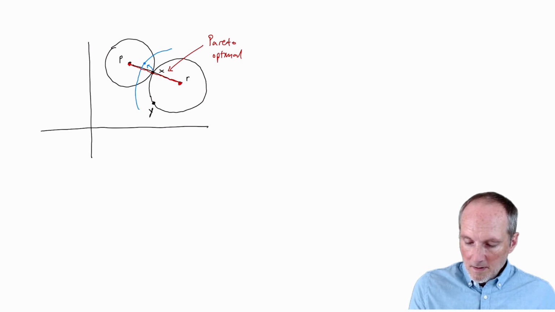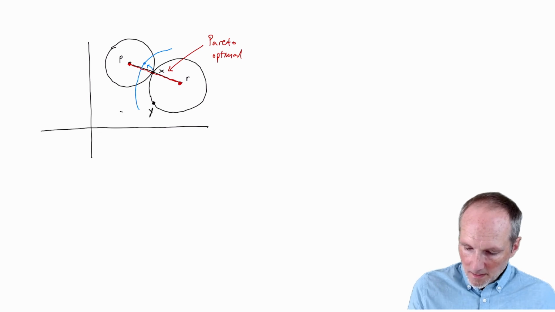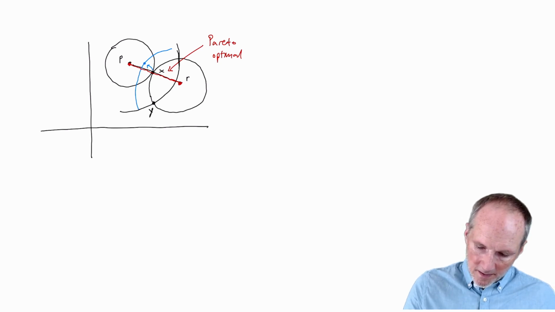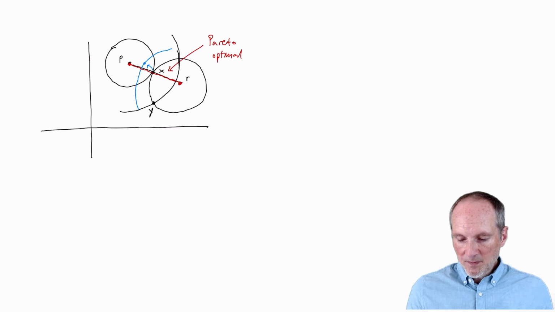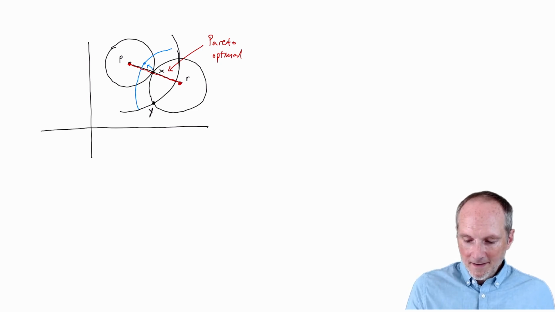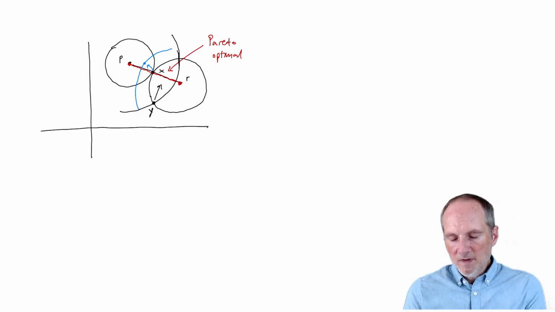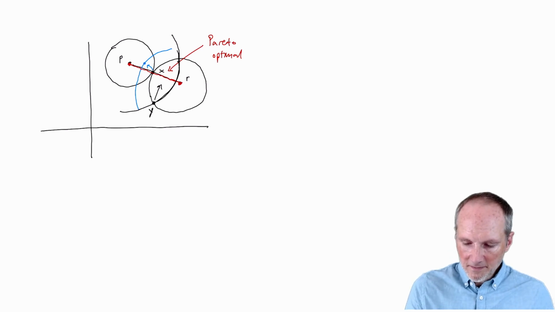If I draw the indifference curve for the other guy, that's going to be on this circle, centered at P. And it's pretty clear that I can make both these guys better off than they are at Y. I can change this policy by just moving into this lens that I've formed here, okay? This lens is